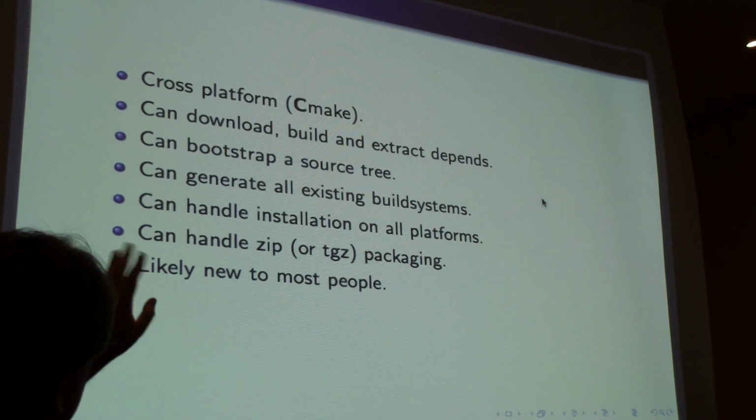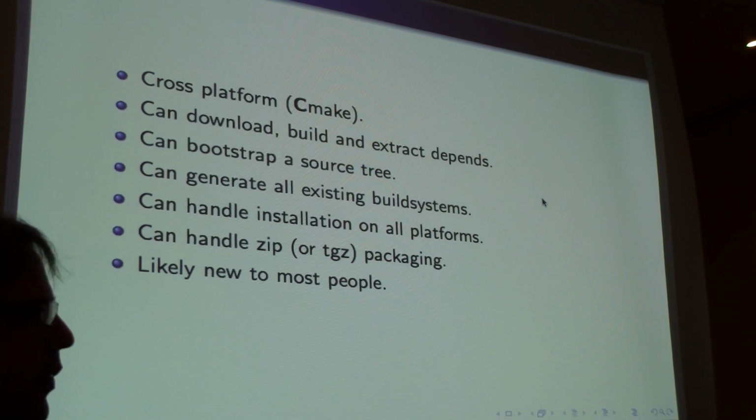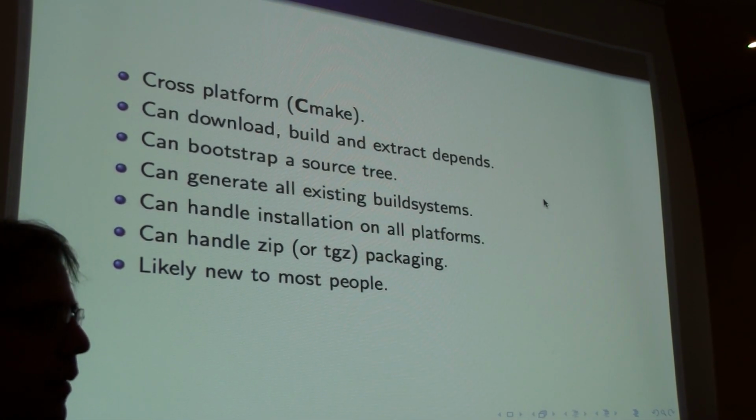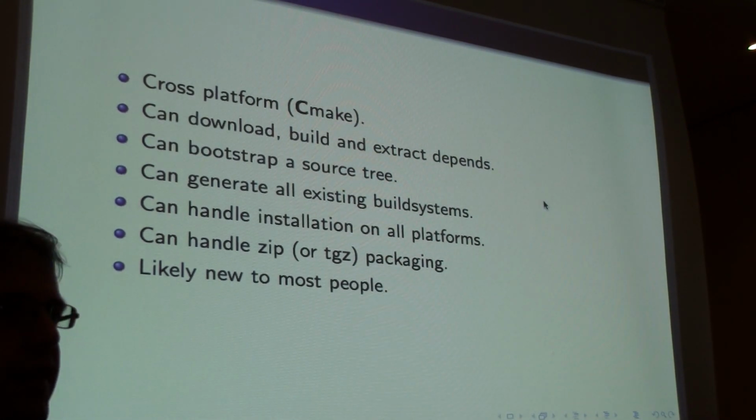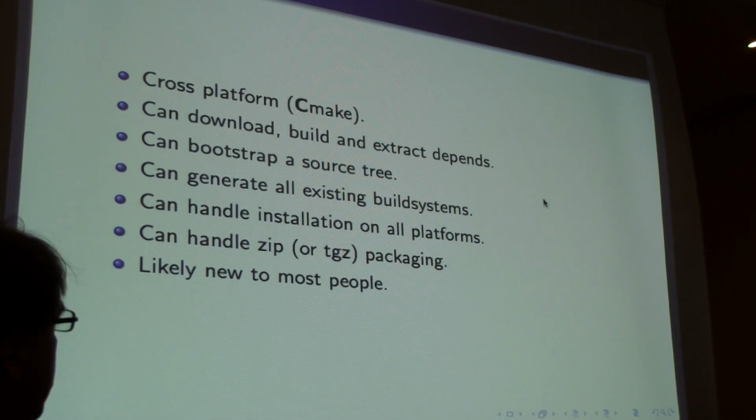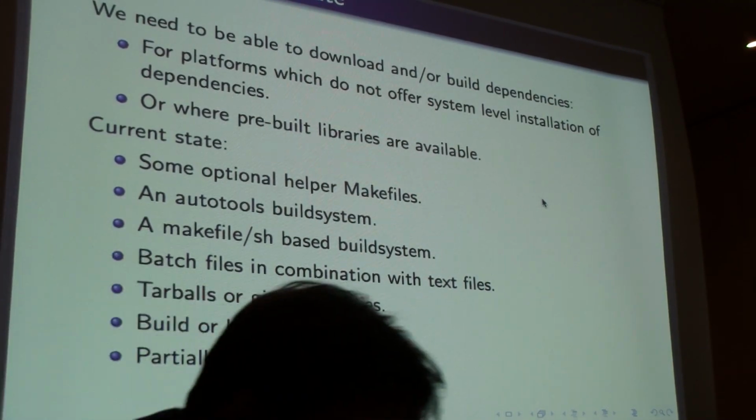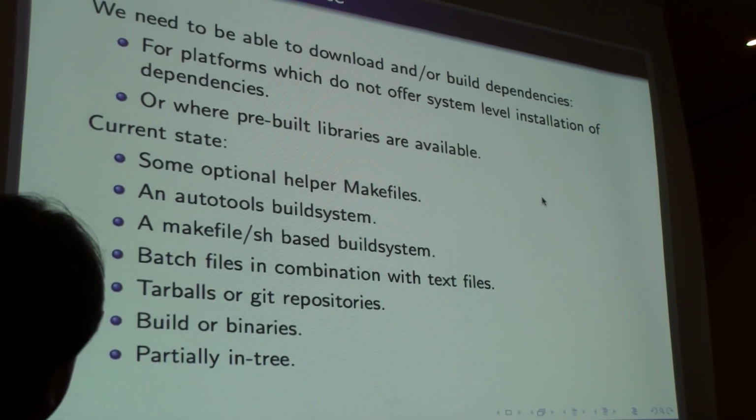So it can download, build, extract, depends, all that sort of stuff. It can generate our existing build systems and pretty much can do anything else. But the main disadvantage is the last one, is that most of us possibly haven't dealt with it before. So it's scary and new. So just going through how we currently have things and how we can maybe transform it to the new